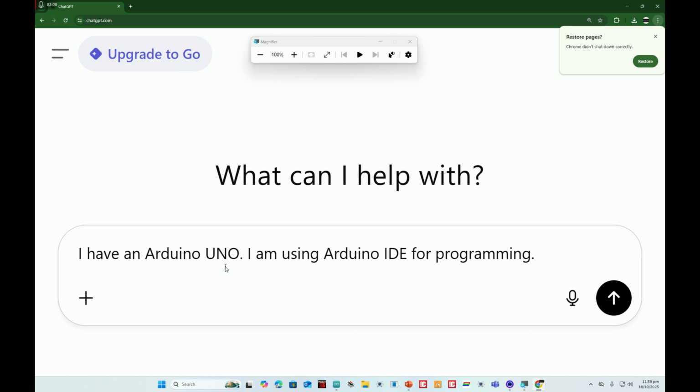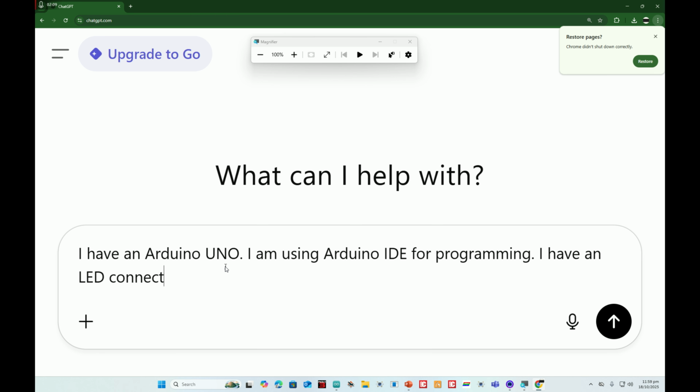You may write the onboard LED, but I will write the proper pin on which the LED is connected. So I have an LED connected to pin 13, and also tell him the state, like it's on when the pin is high. Like if I give 5 volts to the LED, it's on, else off. This line is not necessary here, but it will be useful in your future writing of the